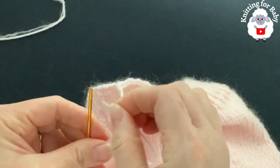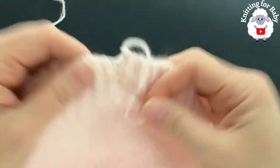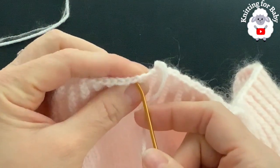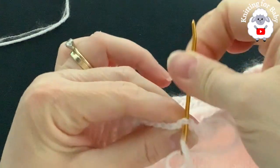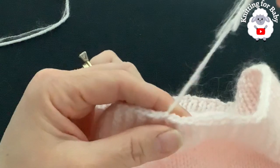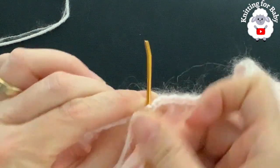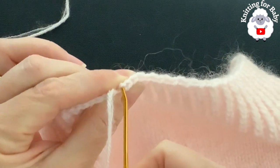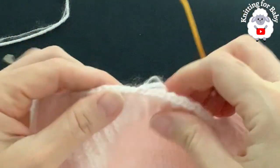we're going to join to the beginning. So here's the first stitch, so just go through these 2 loops. There. Go through. Now we have the last stitch here. Insert the needle like this through one of the loops through the center, and now we're joined,